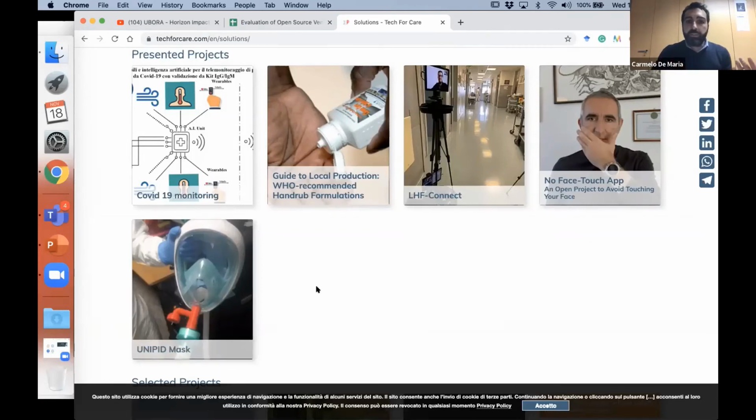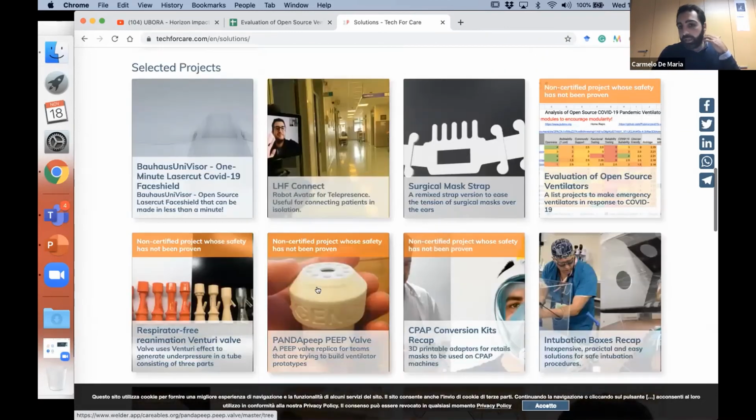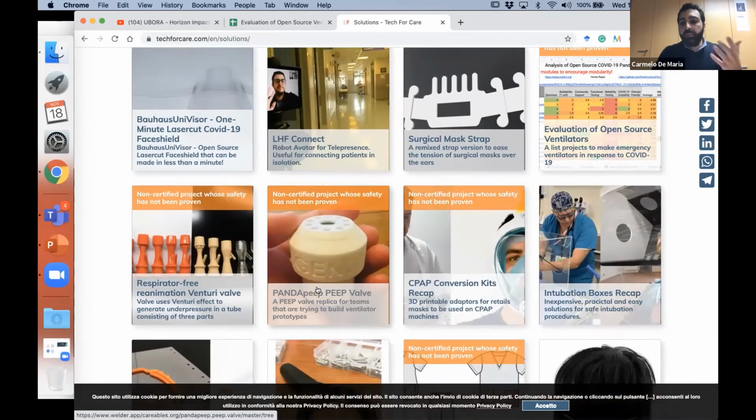Or just to give another example, there were a number of problems with tubes and connections. We asked the inventors to please follow the standard color code, so doctors cannot spend their time understanding if the tube has to be placed in this way or in this way. And trust me, trying to involve makers and researchers in respecting regulation was really hard, because it's quite hard to understand the real needs, because no one explained